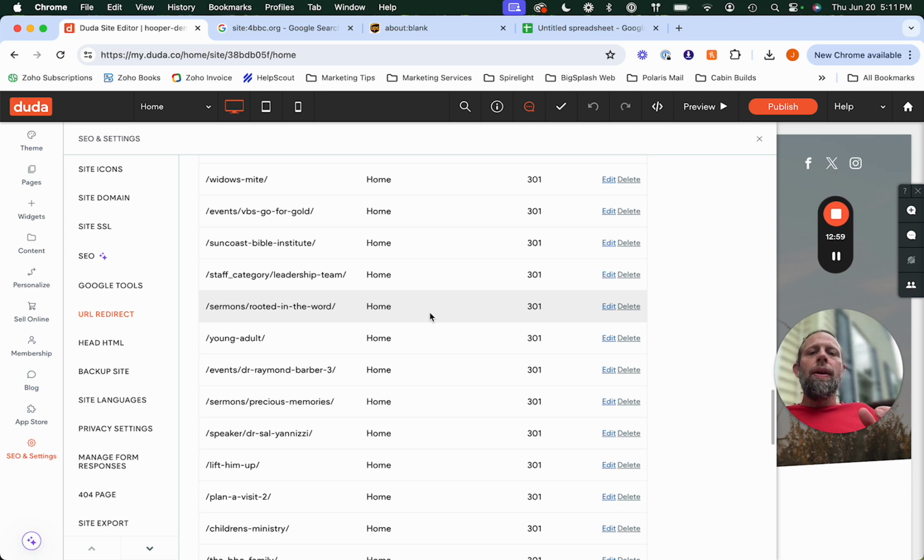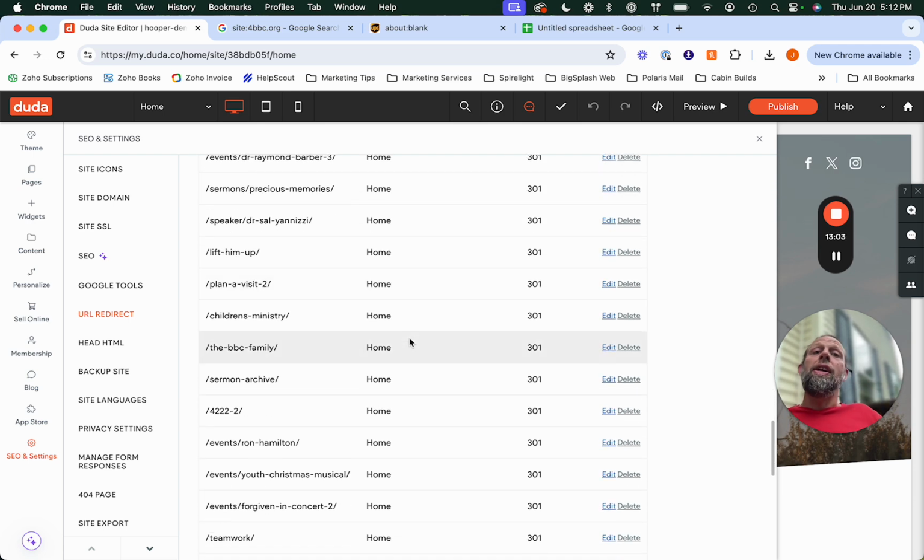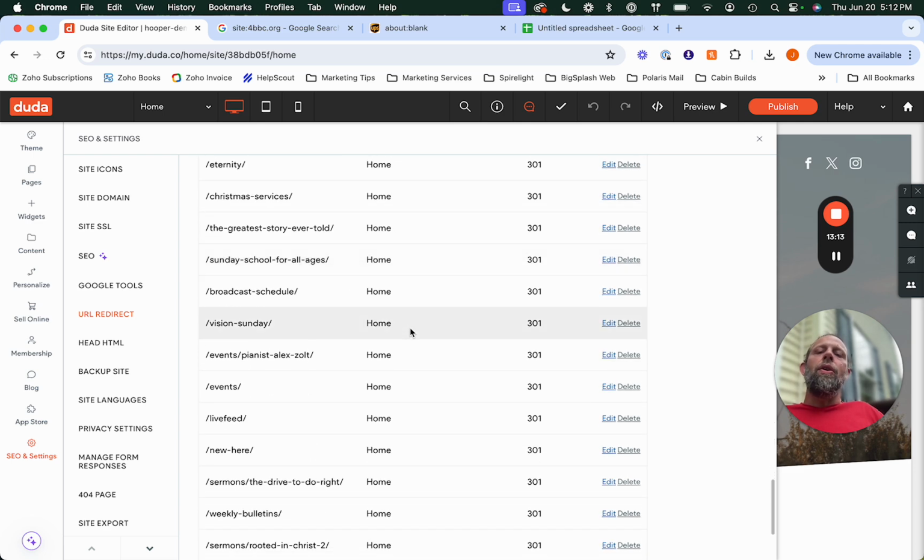Now, best practice is definitely to forward each of these to unique pages on the new site. But once again, sometimes that's not possible because the old page was left behind. It's not going to exist on the new site. But in this way, there are no orphan pages that are floating around out there in the search engine index,